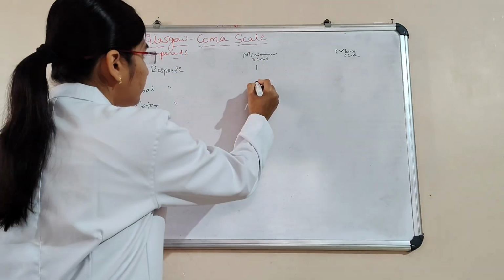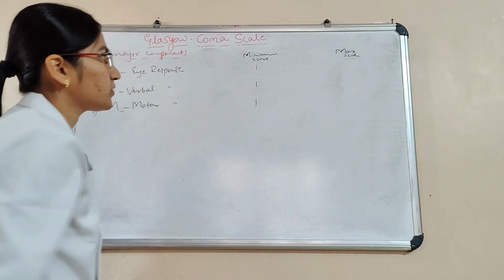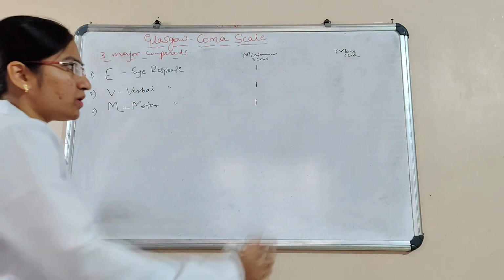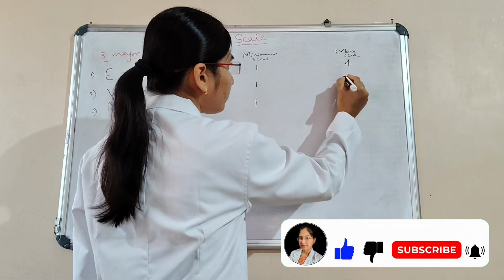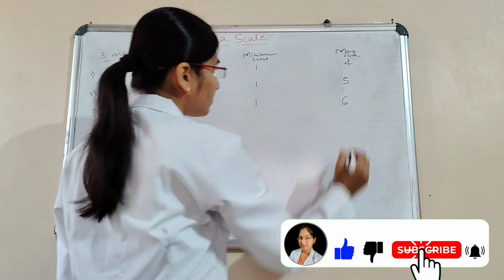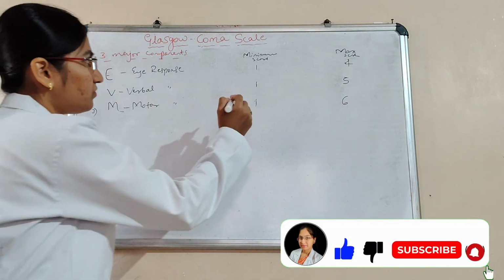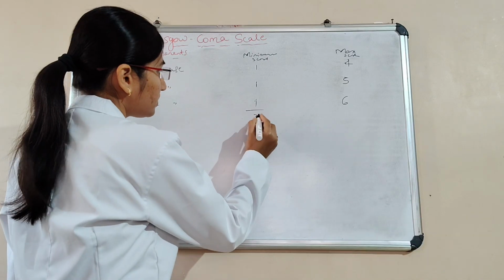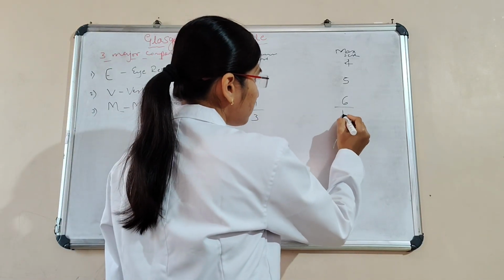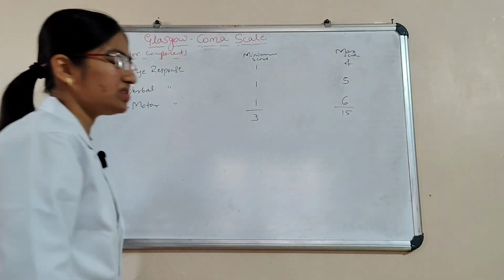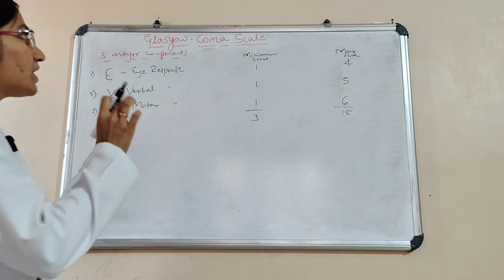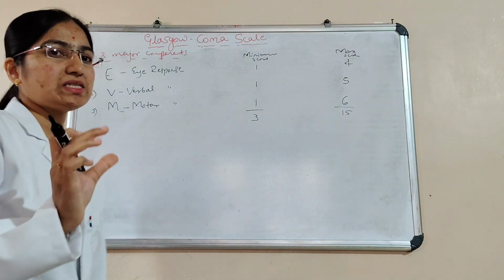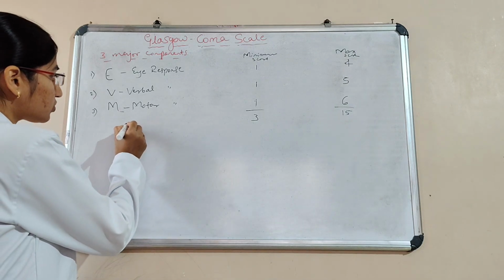1 for eye response, 1 for verbal, 1 for the motor. Here the maximum we can give is 4, 5 and 6. Here we'll add: this is 3 and this one is 15. Here, what happened is that the Glasgow Coma Scale, a neurological scale, in that score